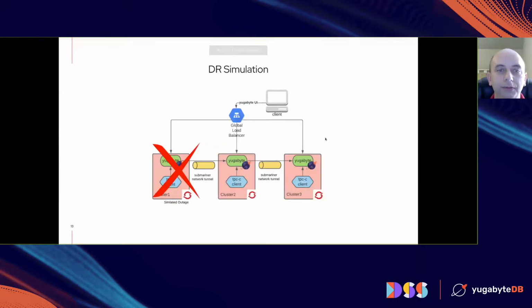We are going to simulate a disaster. The way we do it is we completely isolate a region by not allowing traffic to the Google Cloud network. We don't shut down the pods. We don't shut down the cluster. That would be too easy. The worst thing that you can do to a distributed system is to